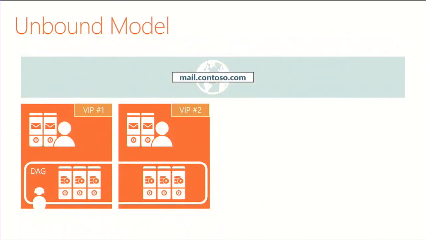As opposed to the unbound model. In the unbound model, essentially the way to look at this is that I don't have a preference for user connectivity. I don't care if my users connect through data center 2. I don't care if my users connect through data center 1. The requests will get to the correct endpoint regardless of user connectivity. Now, one path may be more favorable than another for a given user. There's nothing saying that each path is equal, but it does say that I just simply don't care how they connect, how they're routed. So Sue, in this case,